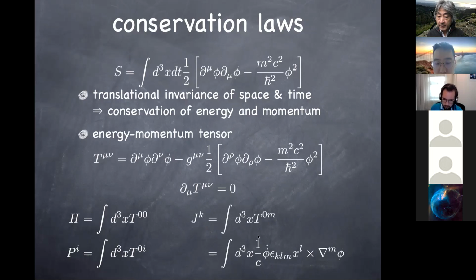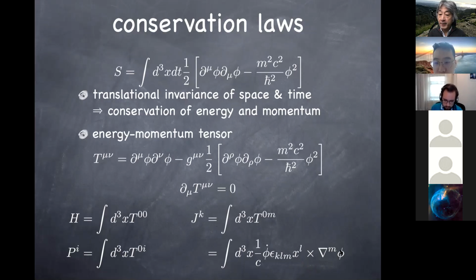So you notice that this first factor is basically the canonical momentum for phi, and then comes x cross derivative. And you notice that this combination is very much similar to the orbital angular momentum in quantum mechanics, x cross p. So the fact that the angular momentum operator in the Klein-Gordon field theory can be written using x cross p suggests that there is an orbital angular momentum, but no spin angular momentum.